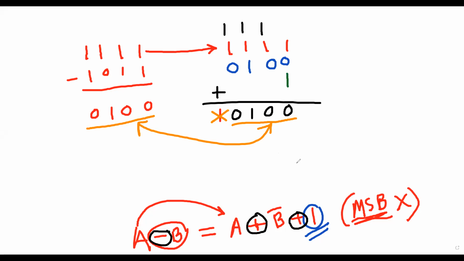Now, what we have done here? What is the essential thing we have done? Here, A is A. That means we didn't change anything in our A. But we actually changed our B to the opposite. That means we use NOT gates, right? We use NOT gates on every bit. Here we use one NOT gate, another NOT gate, another NOT gate. So 4 NOT gates we have used.